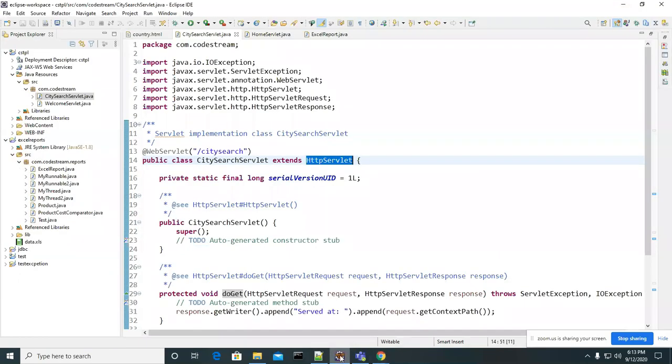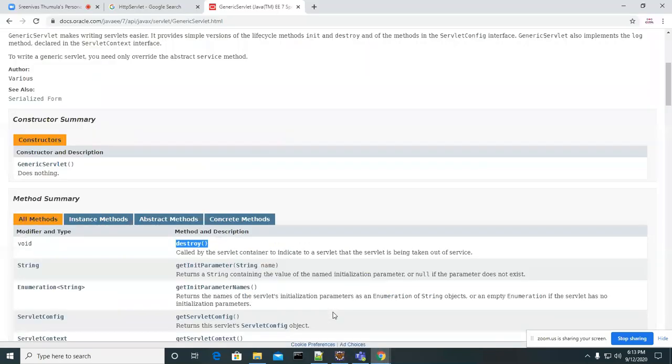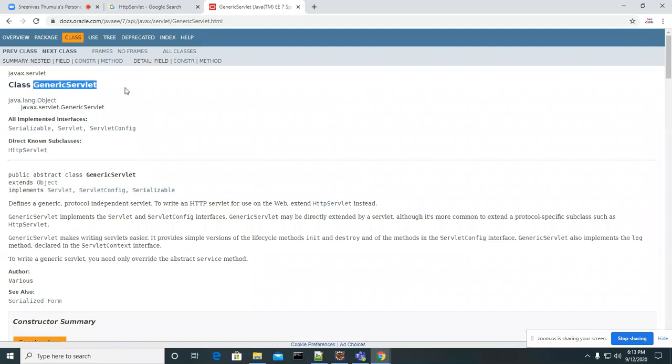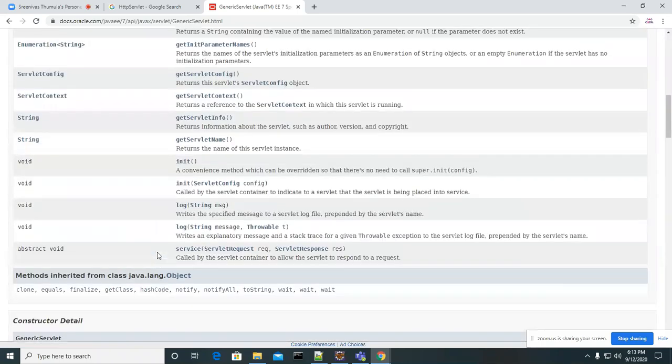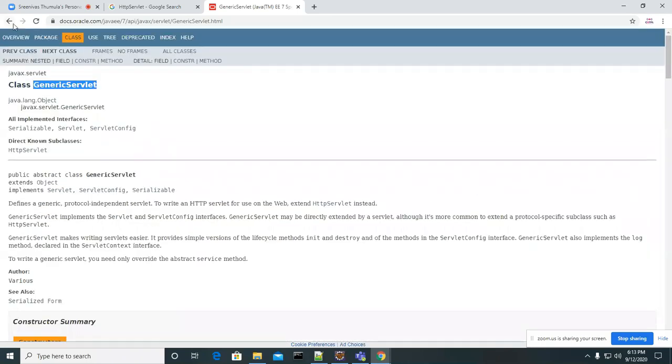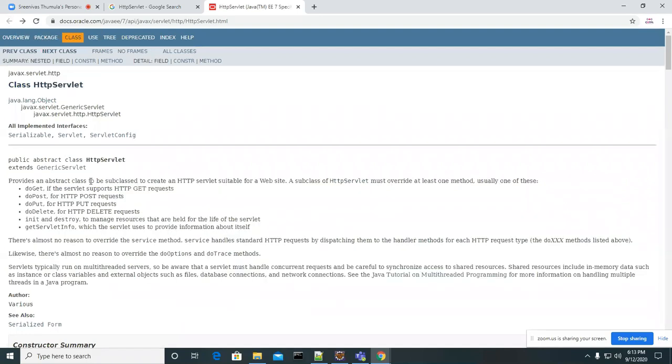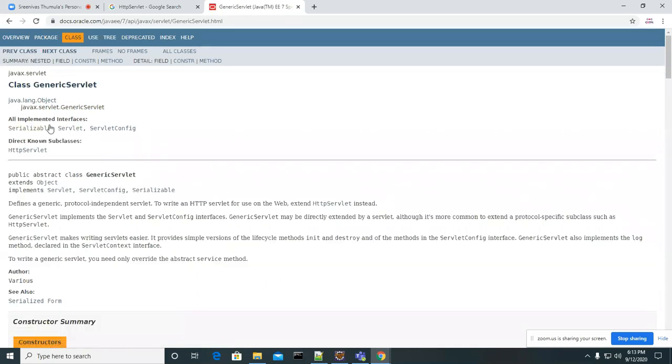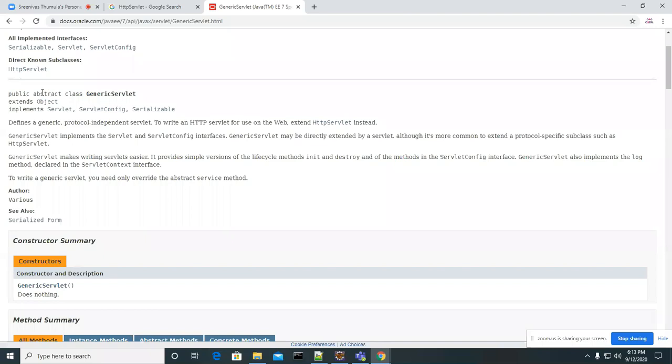Okay, so now let's talk about this GenericServlet. They already implemented the Servlet interface and taken care of something. And is this GenericServlet a normal class or not? Look at this. What kind of class is it? Abstract.